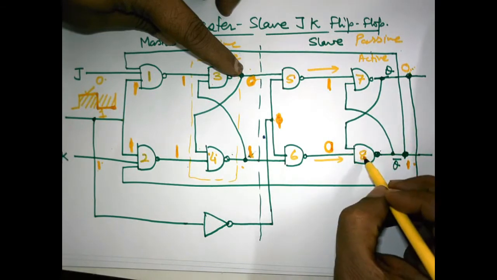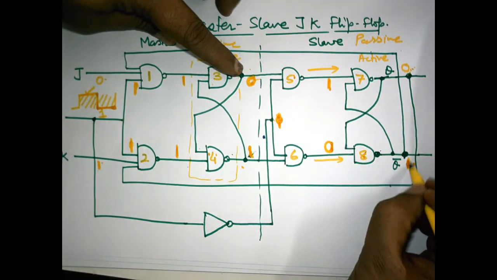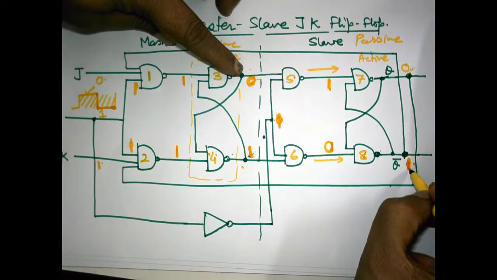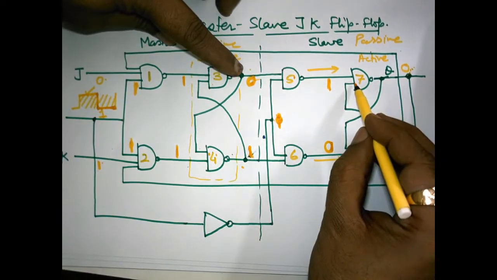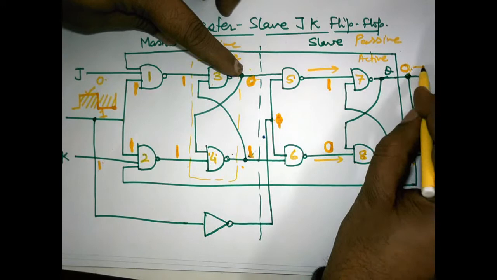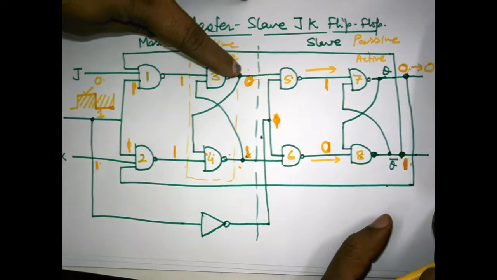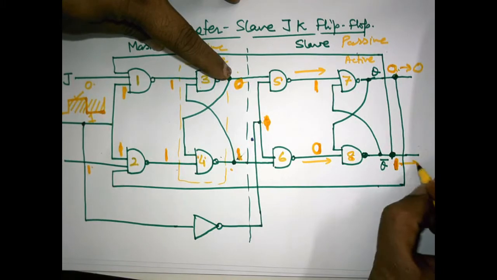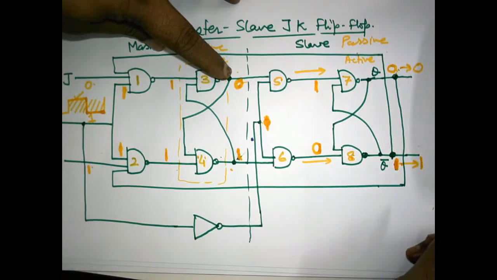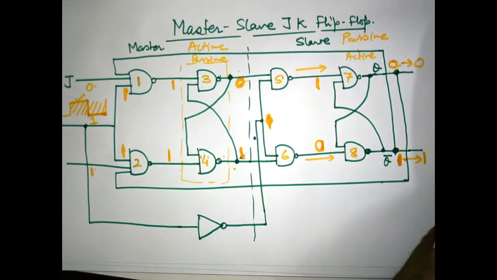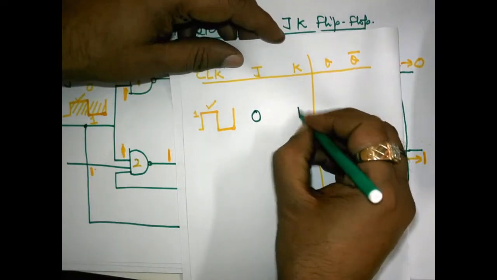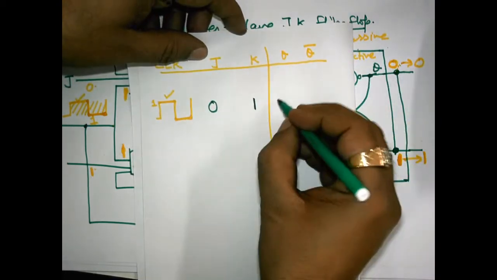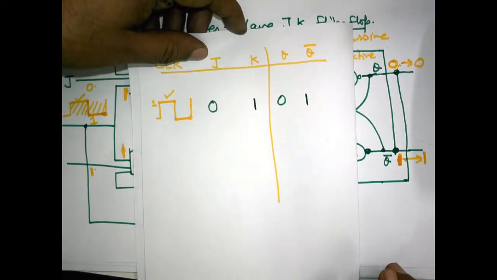This 0 at one of the inputs of the NAND gate will make it 1. 1 was there, no problem, we will make it 1, and this 1 and this 1, okay, it is fed back, will make it 0. So 0 was there in the present state and 0 would be there in the next state. 1 was there in the present state and 1 would be there in the next state. Getting my point? So what we applied, in fact, we applied 0, 1, and what we are getting is 0, 1. Getting my point?